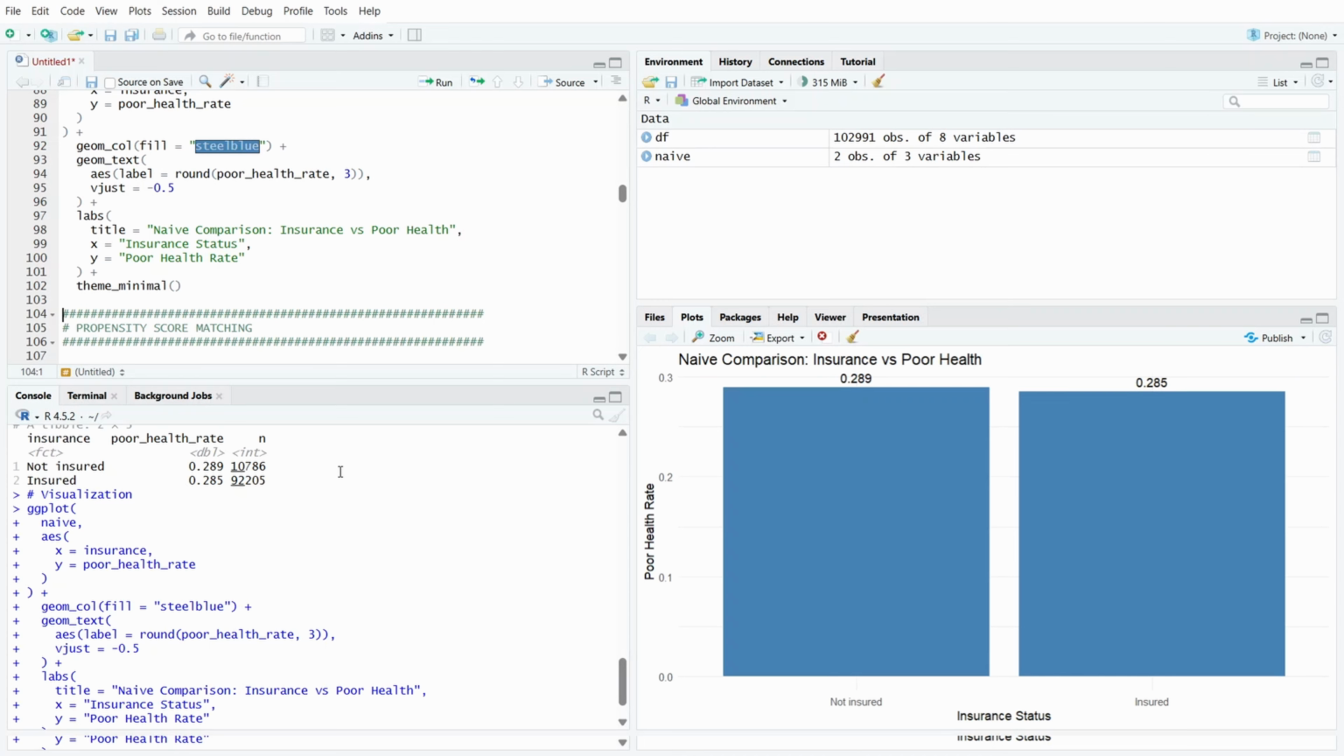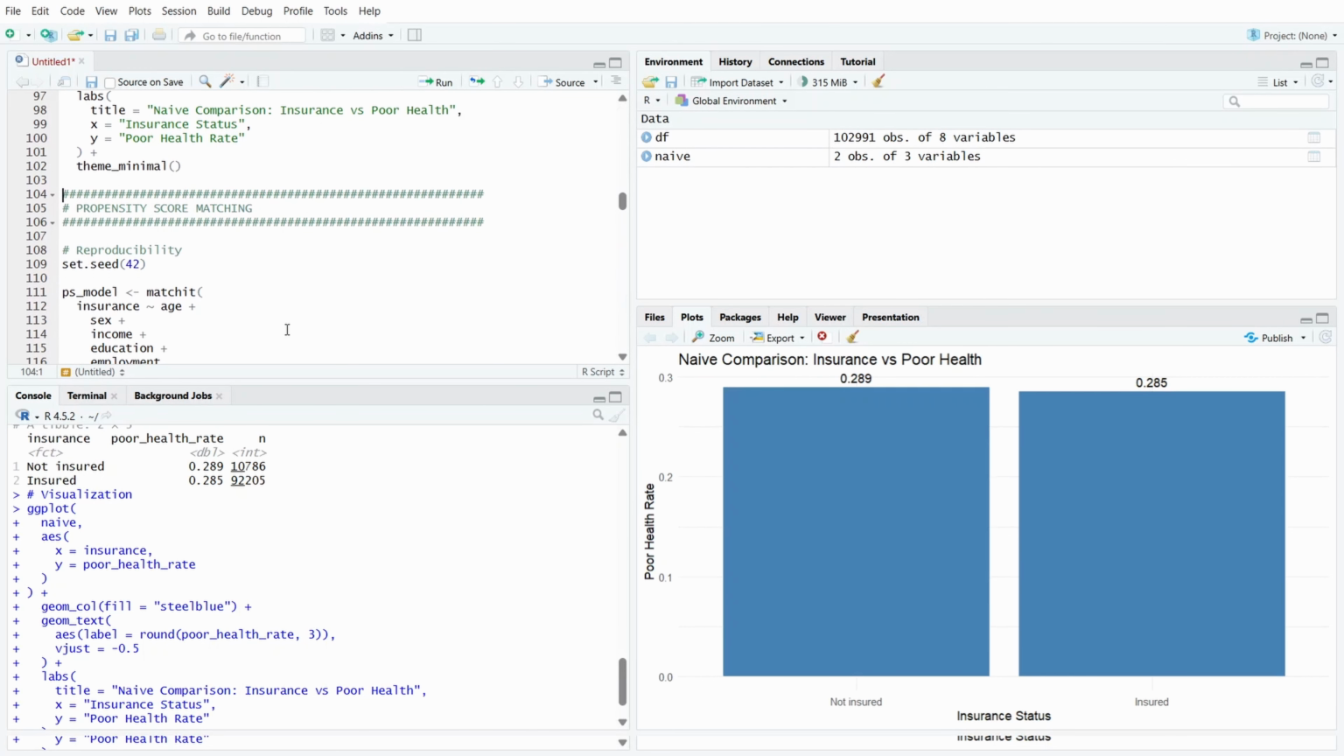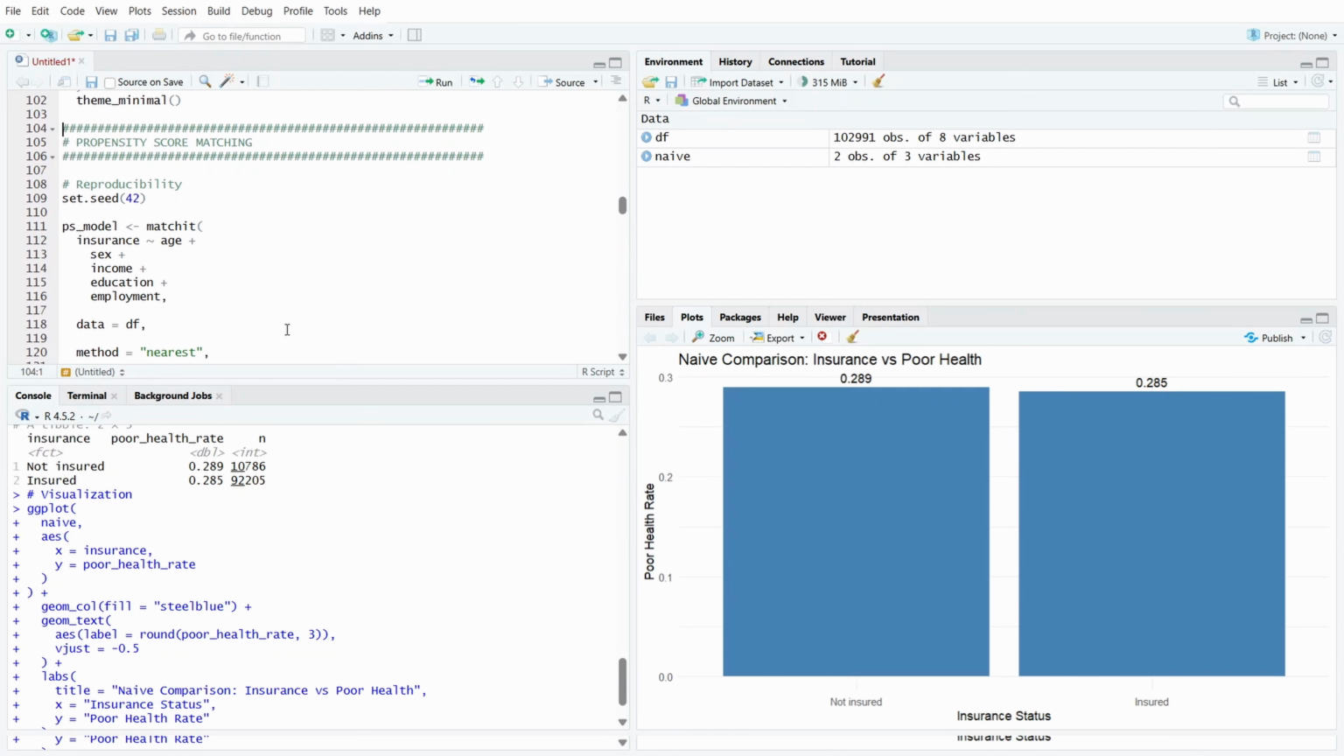itself. Older adults may be more likely to have insurance. Higher income individuals may also have greater access to healthcare and better underlying health status. Without adjustment, these factors can distort the observed relationship between insurance and poor health. This is exactly why we move next into propensity score matching. Matching helps us create more comparable groups so that differences in poor health outcomes are less influenced by observable demographic